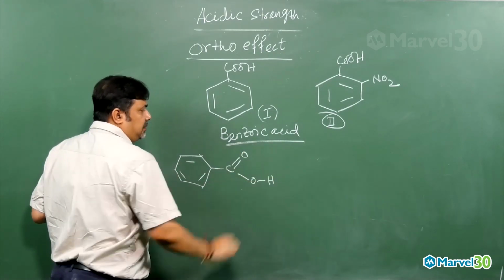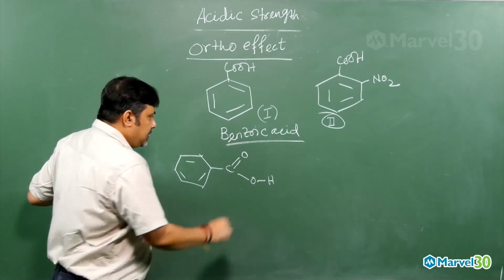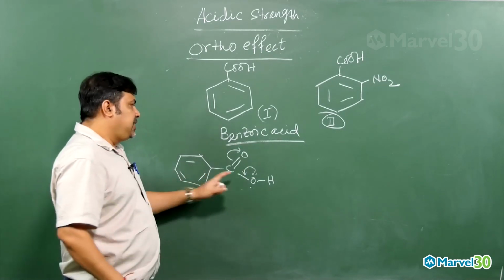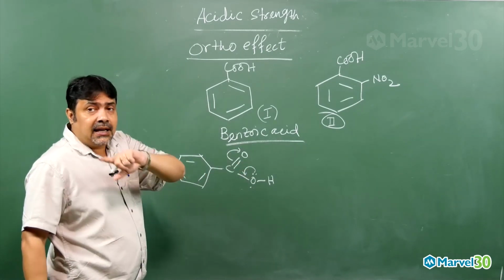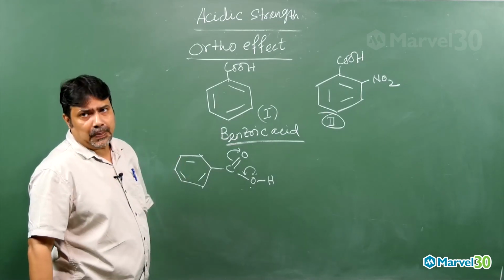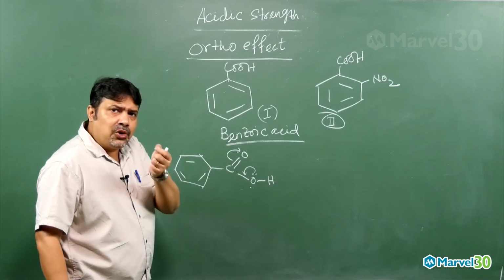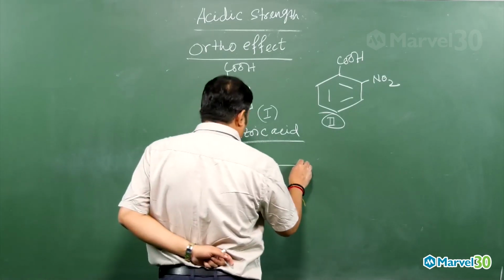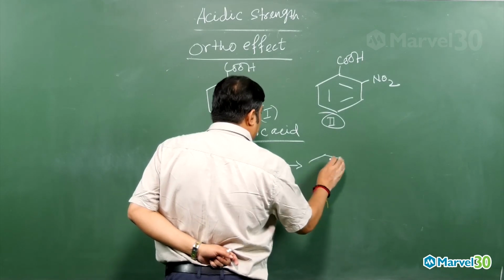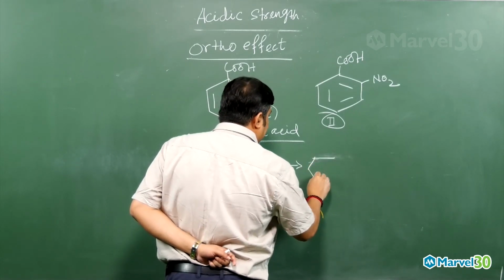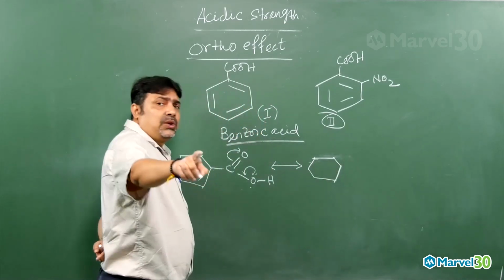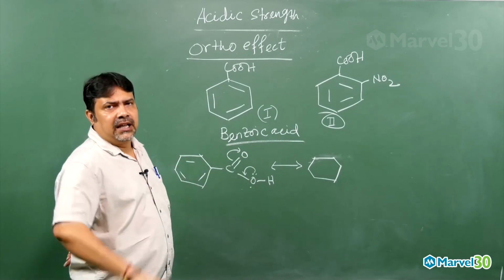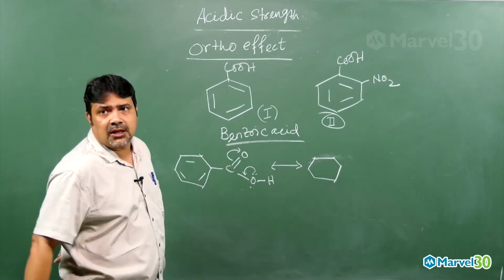Because in an acid, this lone pair will undergo resonance this way. Because of this, the carbon-oxygen bond length is different from a keto compound. So this carbonyl carbon has a little difference from aldehyde and ketone, and immediately we will get this type of structure. No book will give you the explanation. You can search n number of books on the internet, but no book will give the explanation of this ortho effect.